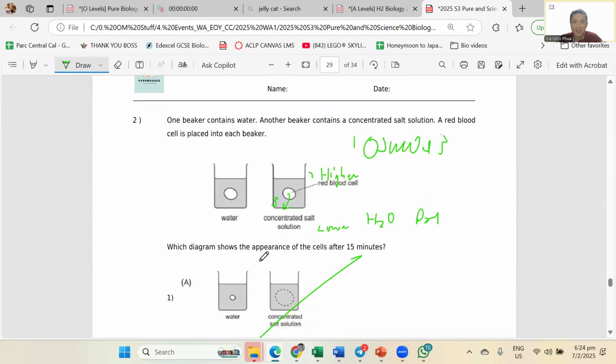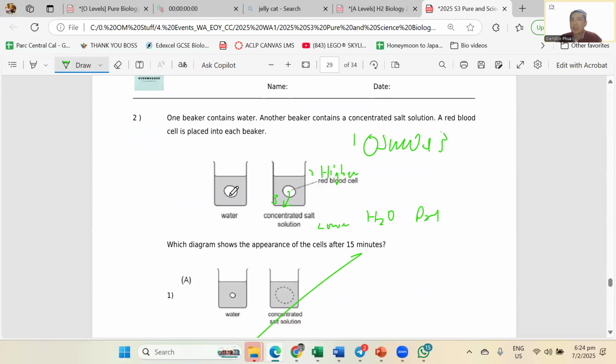Then now left this one. Red blood cell and water. Now, I don't need to give you the water potential of water. Take note, in the exam, water potential of water is always 100% water. Nothing will have a higher water potential than water, whether it's distilled water or not. So you can assume, wow, this one, water is going to enter my red blood cell. Then what happens to my red blood cell? Will it become turgid like the plant or will it explode?